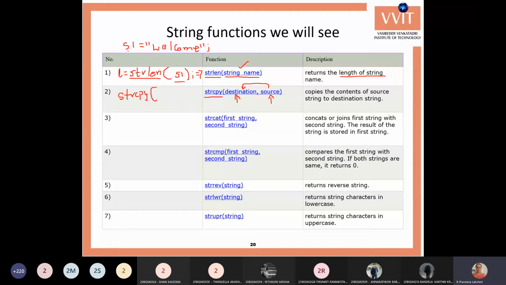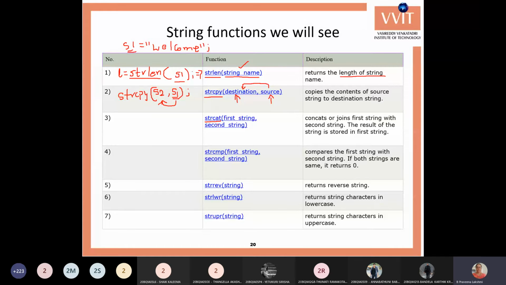Our destination variable is s2 and we want to copy from s1, so strcpy of s2 comma s1. The s1 string is copied into the s2 variable. Whatever string is in s1 is copied to s2. That's the string copy. The next function is strcat.